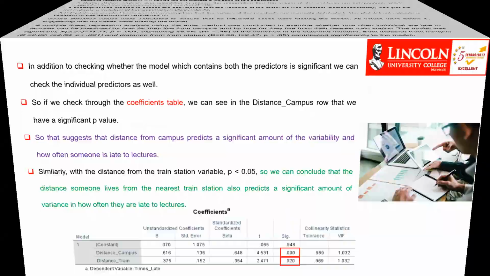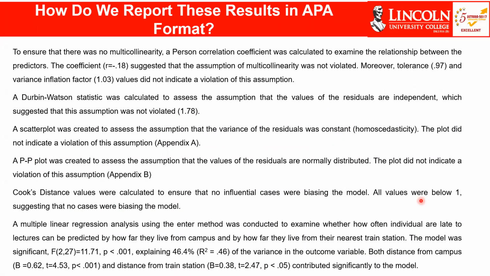Okay. Now, how do we report this? This is another method you can use to report. You can say, to ensure that there was no multicollinearity, a Pearson correlation coefficient was calculated to examine the relationship between the predictors. The coefficient R, negative 0.18, you see this from your coefficient table, suggested that the assumption of multicollinearity was not violated. Moreover, tolerance 0.97 and variance inflation factor 1.03 values did not indicate a violation of this